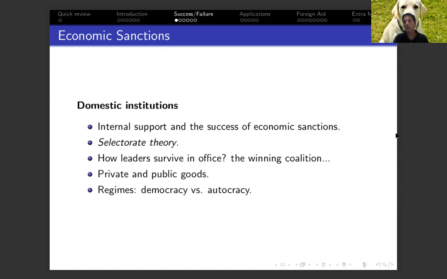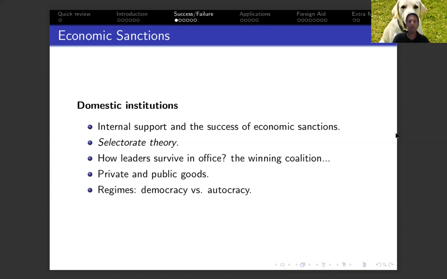Public goods are distributed to all members of the electorate. Private goods are provided to a smaller number of people, the ones who are closer to the leaders, and they are important because they're the ones that can ensure that the leaders will survive in office. Again, the example of the United States for those two types of goods is not exactly fitting 100%, but we'll stay with that because it's a simpler way to think about it.